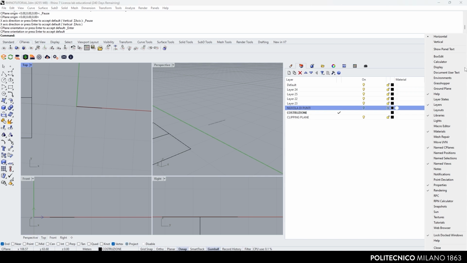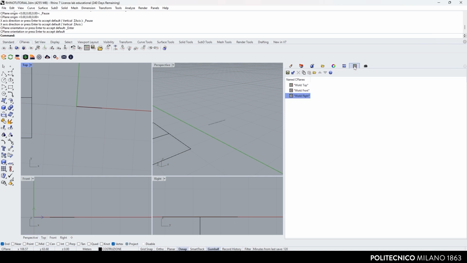It is important to check in the option on the right sidebar that Named C-plane and Named View are active. At this point, it is possible to save the plane by going to the right sidebar of the Named C-plane section and saving it with the name we prefer, in our case, C-plane 01.